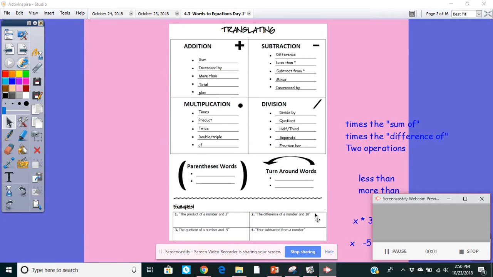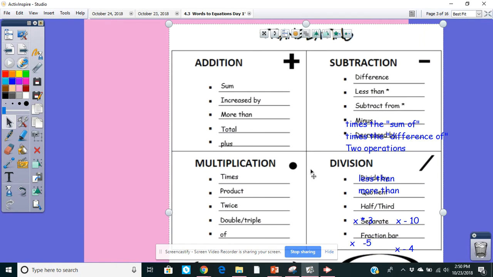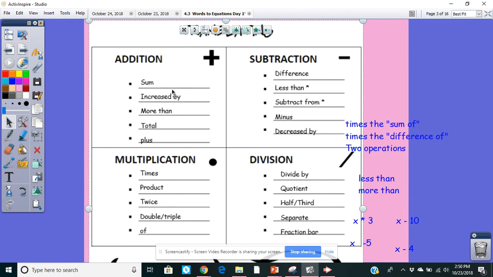This video is for translating words to equations. Some keywords to look for when you're writing an equation from a word problem: if it's meaning addition, it's going to use the word sum, increased by, more than, total, or plus. If they're talking about difference or subtraction, they're going to use words like difference, less than, subtract from, minus, or